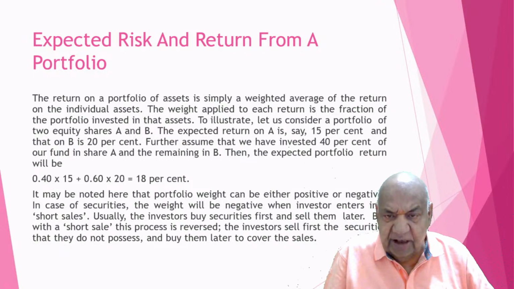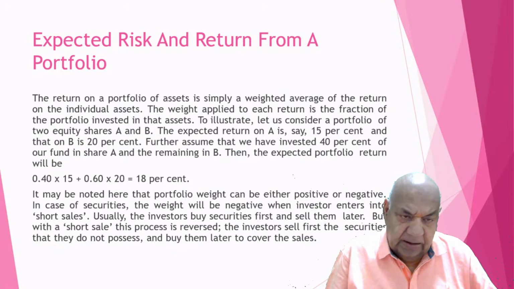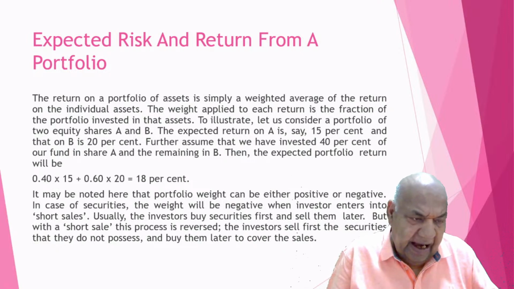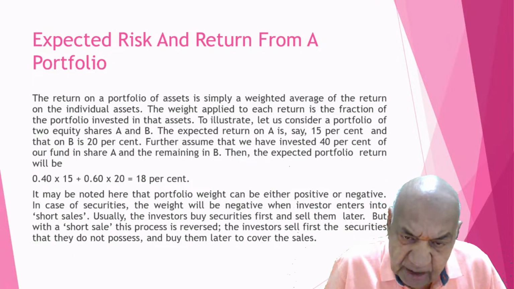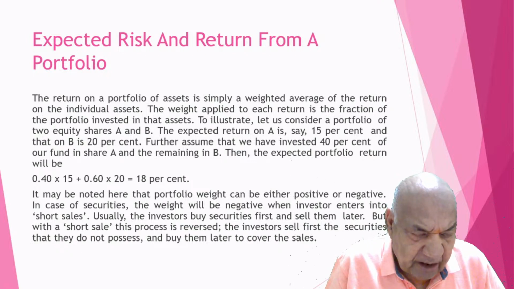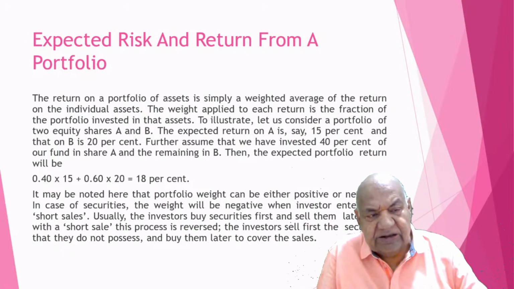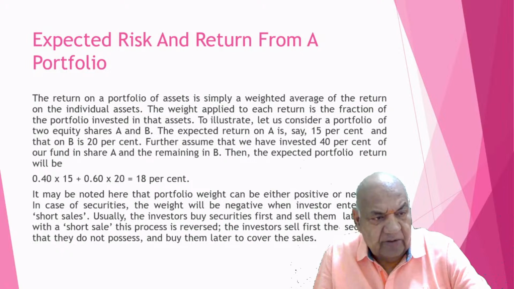To illustrate, let us consider a portfolio of two equity shares A and B. The expected return on A is say 15% and that on B is 20%. Further assume that we have invested 40% of our fund in share A and the remaining 60% in share B. Then the expected portfolio return will be